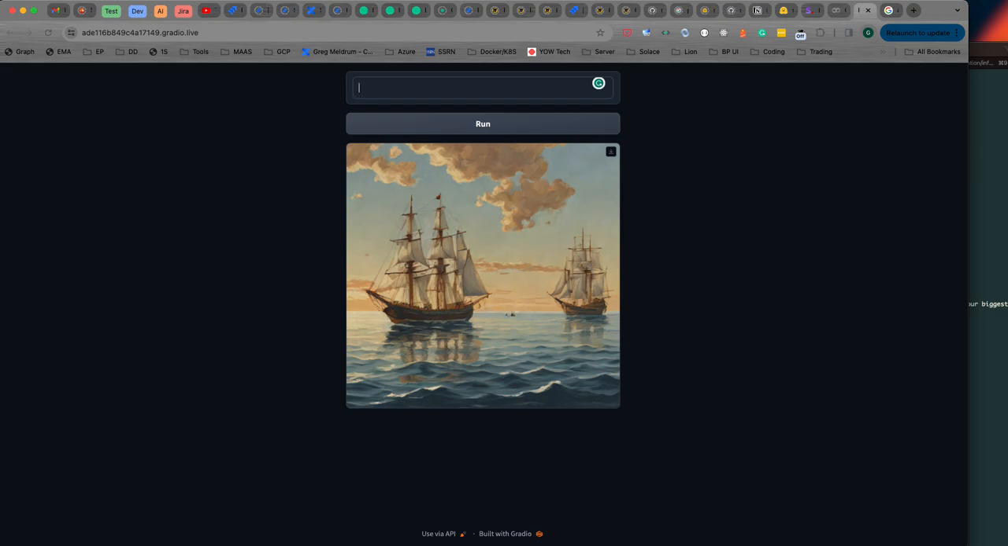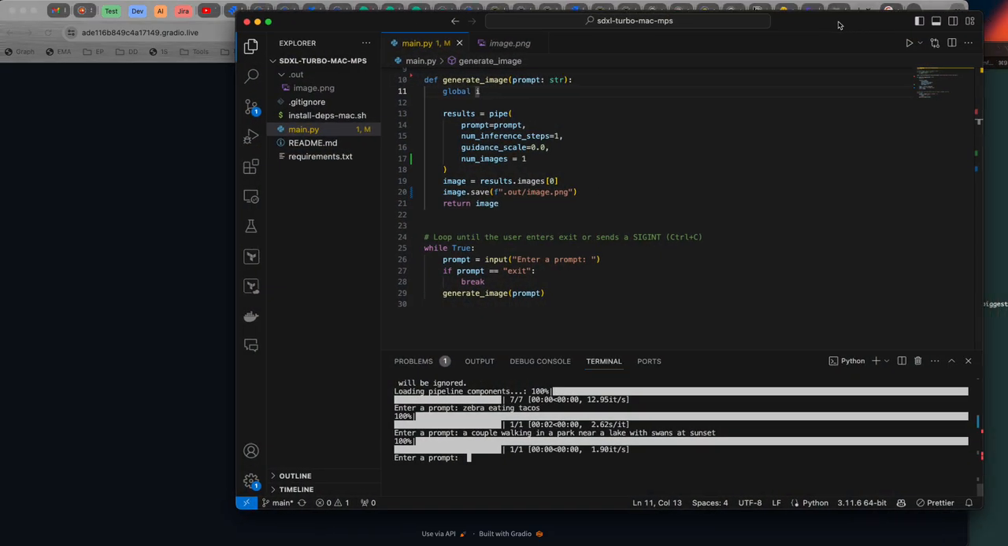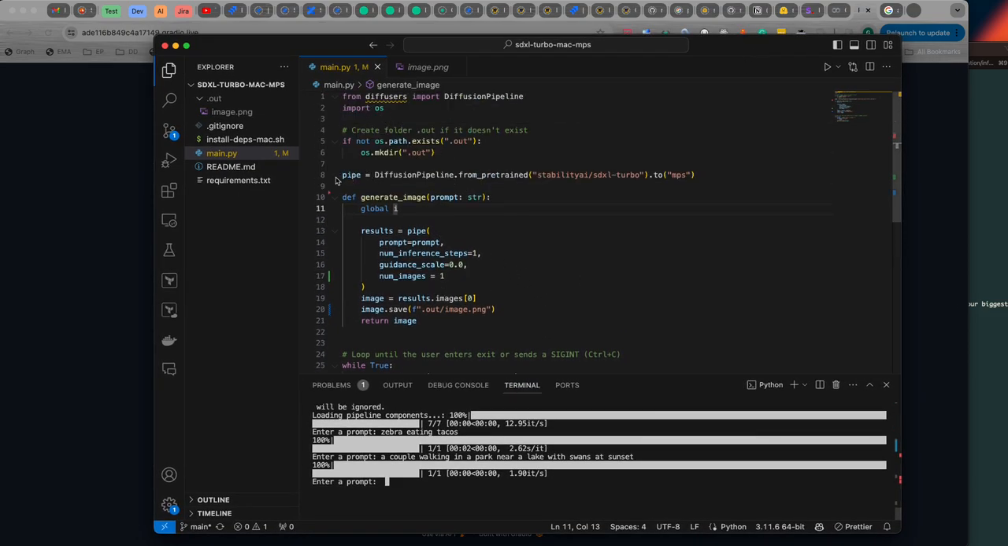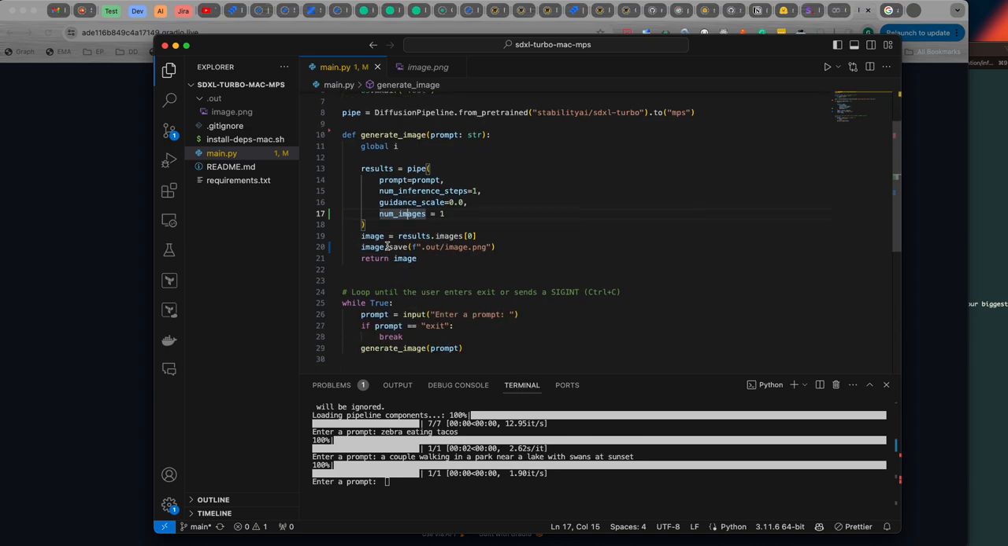As a bonus, I also found some code that you can run this on your MacBook Pro. It's basically similar code where we create the pipeline. In this case, we do to MPS, so we can take advantage of the Apple Silicon GPU acceleration. And then we have a method that generates from a prompt. In this case, it's a little bit slower, so I left the number of inference steps at 1. Guidance scale is still set to 0. Number of images is set to 1. And then basically we're going to generate the image and store it